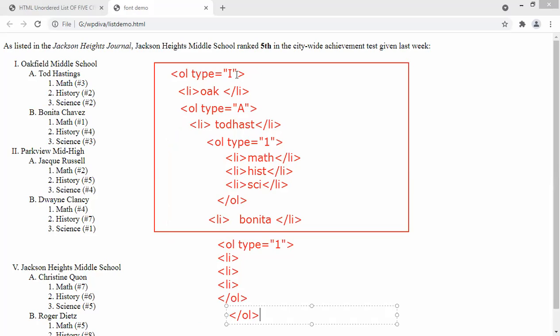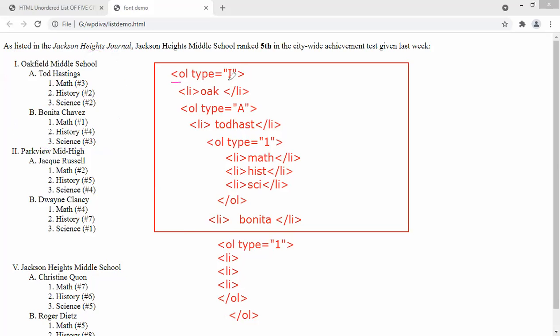Are you getting it? So what is this? First is this, which will represent this area. Then the second is this one, which represents this area. It means this is the closing of this, and OL type A by default will take B, and then I have to close this OL here. Once I close this OL, it means this portion is over.